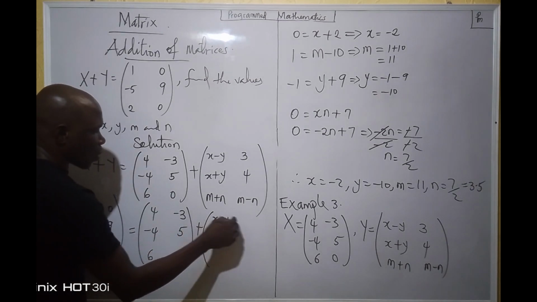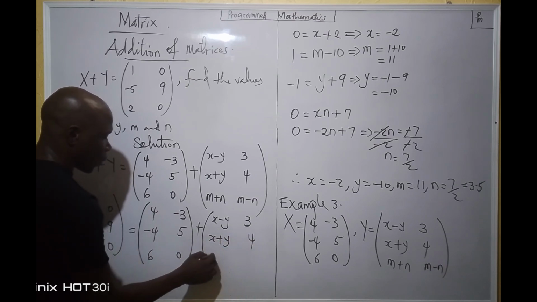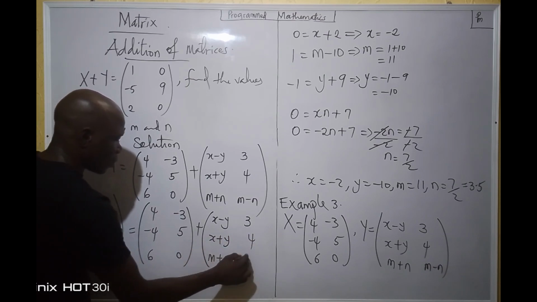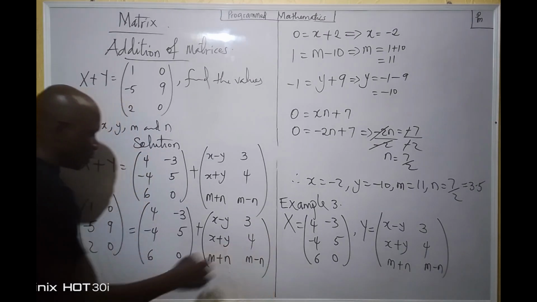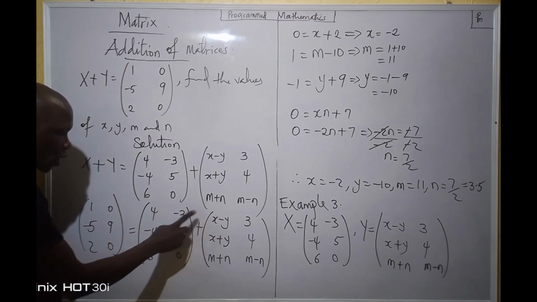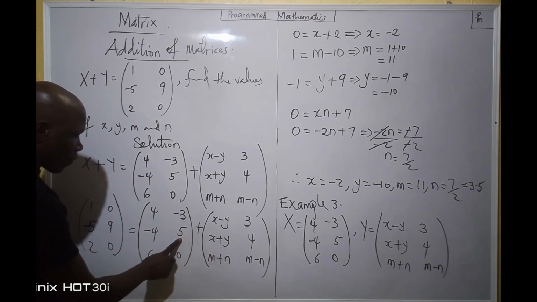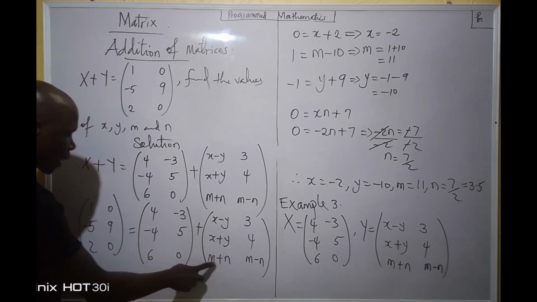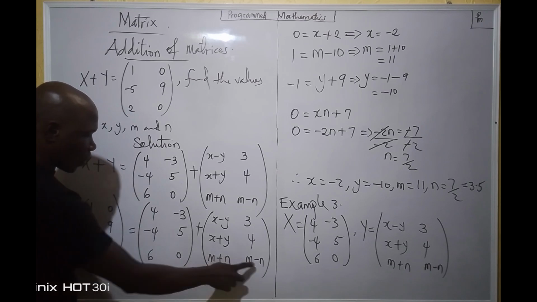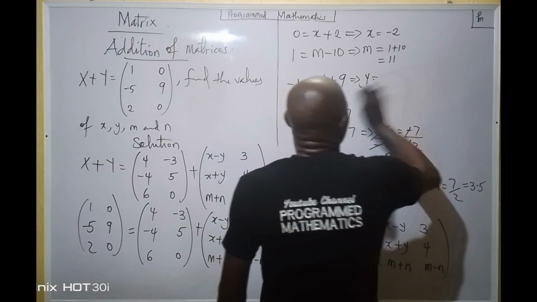So x minus y, 3, x plus y, 4, m plus n, m minus n. If this is what we have, don't forget the addition. 4 plus x minus y, minus 3 plus 3, minus 4 plus x plus y, 5 plus 4, 6 plus m plus n, 0 plus m minus n. Okay, so